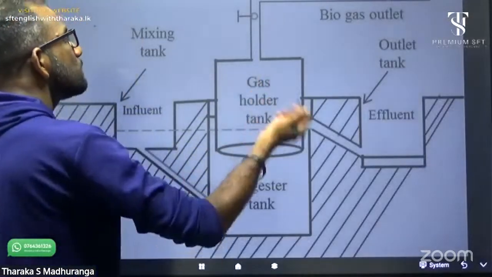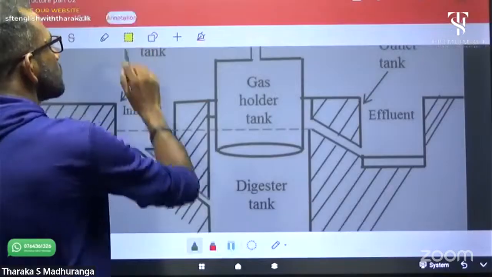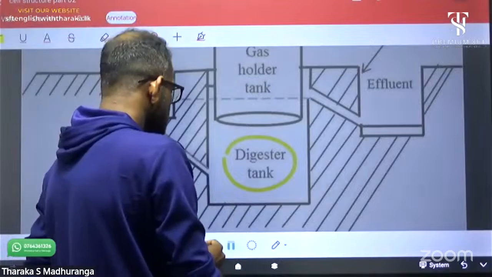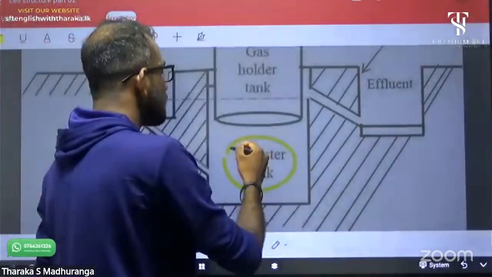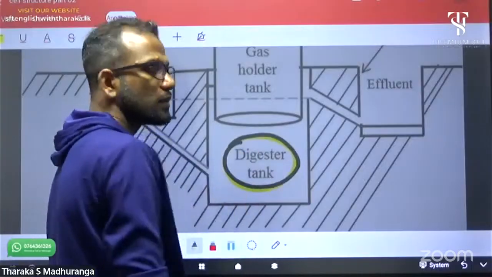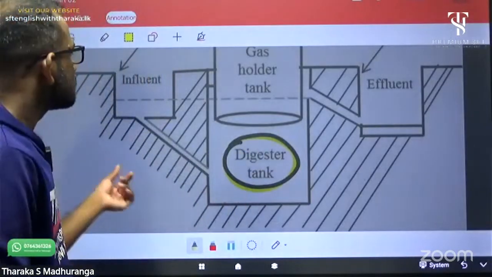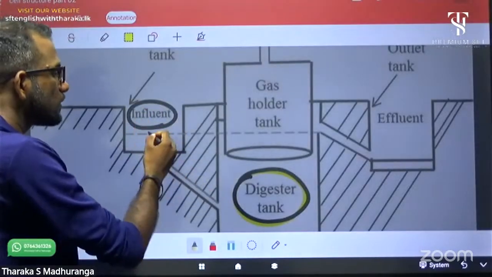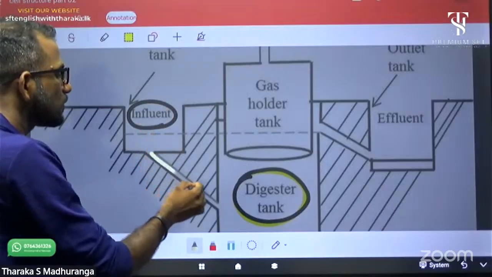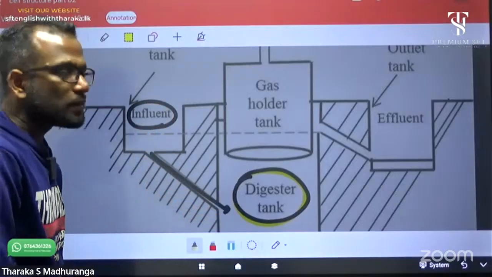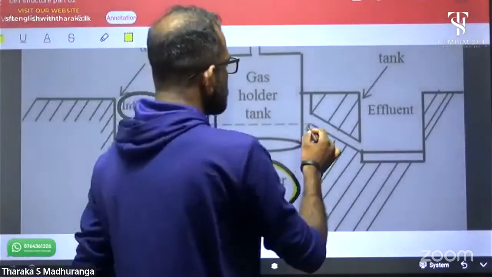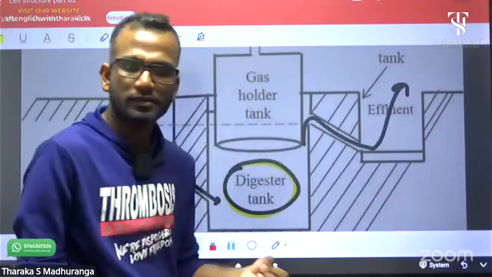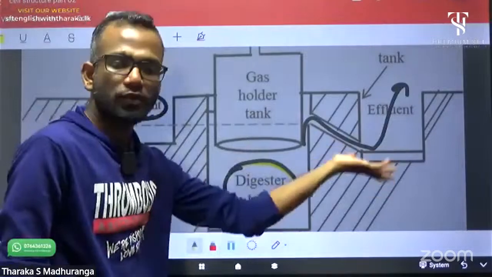Okay, this is the simple biogas production unit. This is a digester tank. The digester tank is a sealed container that contains organic material. And this is the raw material entrance tank. Raw material enters this tank and fills into the digester tank. If there is extra raw material, it flows out from this tank, right? That's an overflow tank.